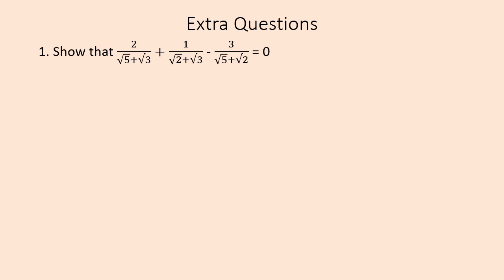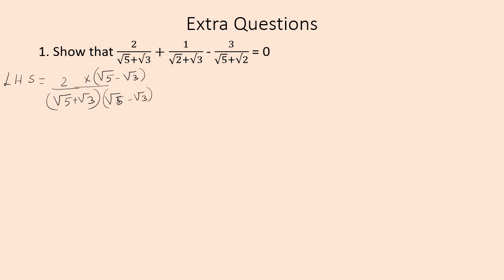Whenever you are having an expression in which the denominator is an irrational number, you have to rationalize the denominator. For that, you take the LHS. LHS equal to 2 upon root 5 plus root 3. To rationalize this term, you have to multiply in the numerator and denominator by root 5 minus root 3. In the previous class, we have studied about this rationalizing the denominator.